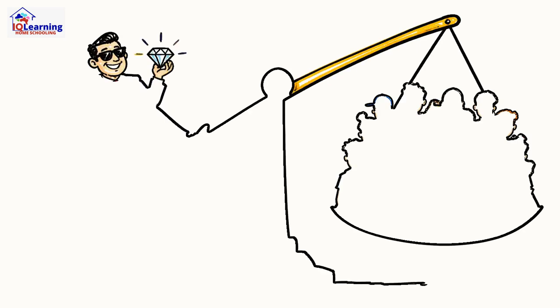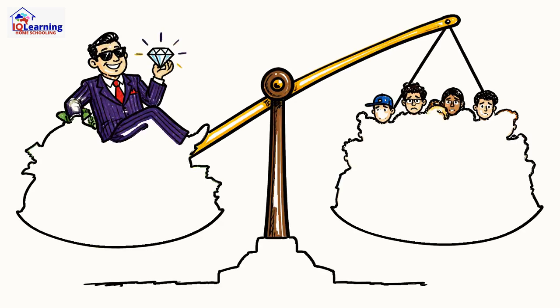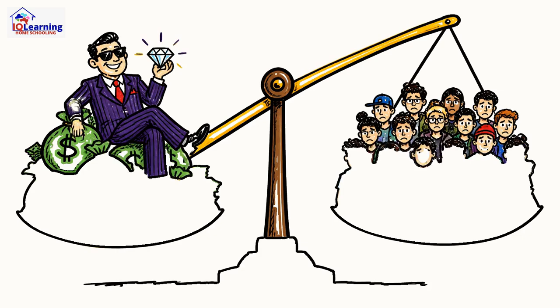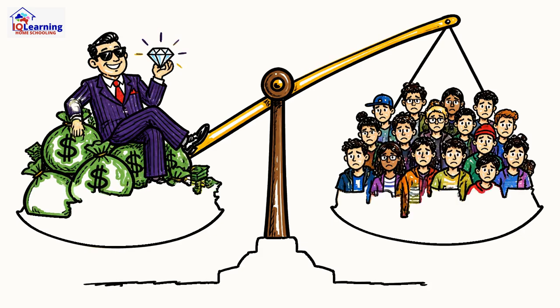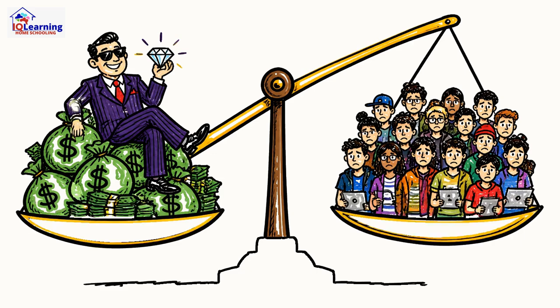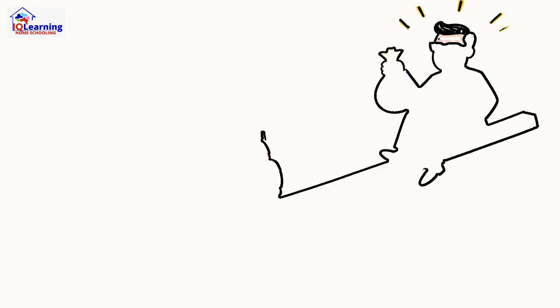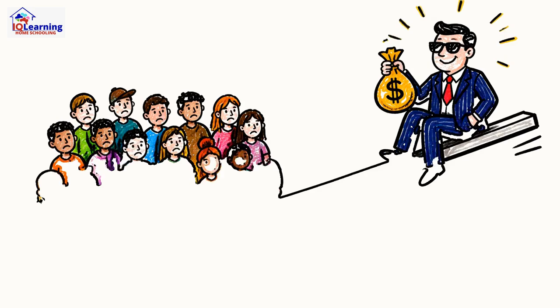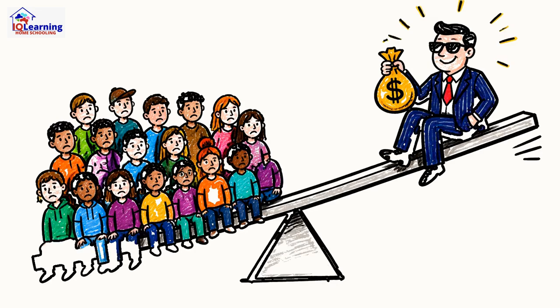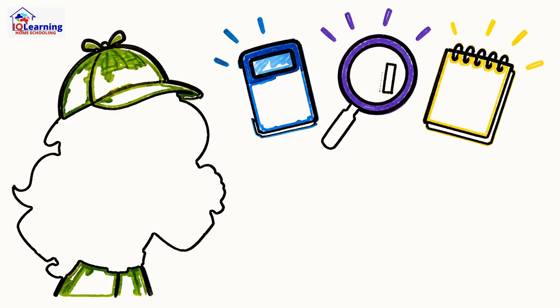What if I told you the average salary in a room of 20 people is $1 million? Sounds great, right? But what if one of them is a billionaire and the other 19 are unpaid interns? Suddenly, that average doesn't tell the whole story. It's a classic data trap. This is where we become data detectives.